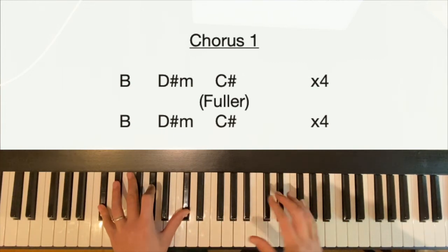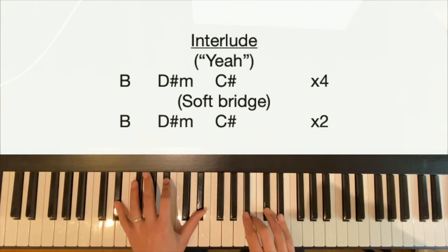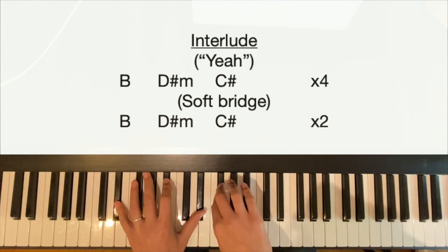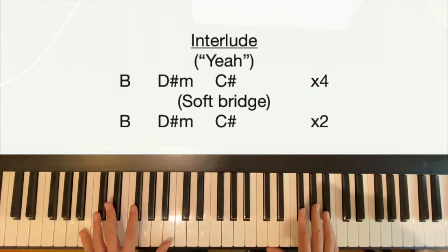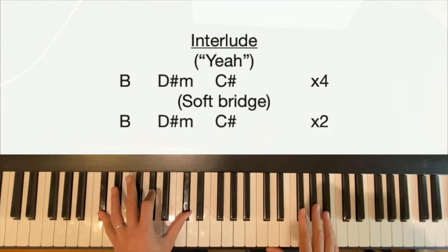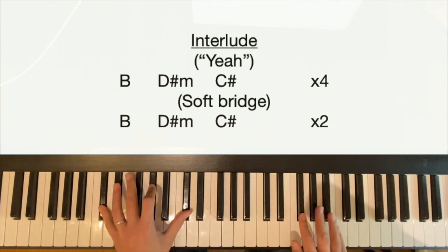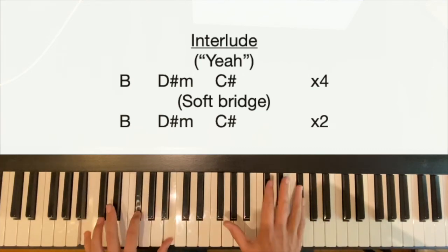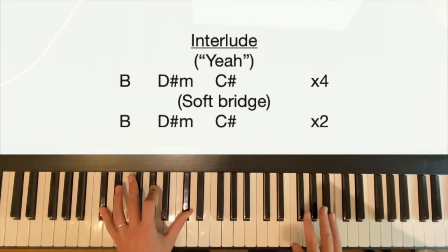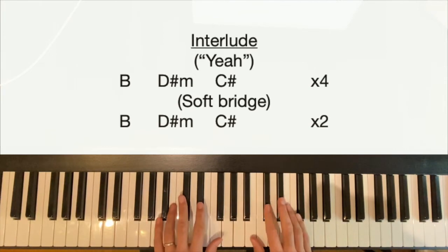So when we get to the end of the second chorus, we get to that sort of little instrumental thing. So the right hand is going to go back to the riff, but the left hand is going to stay on the chorus figure with octaves and fifths. So it goes 2, 3, 4. That repeats through. We get to the end of that, so that's an 8-bar phrase, and then we go to a very quiet